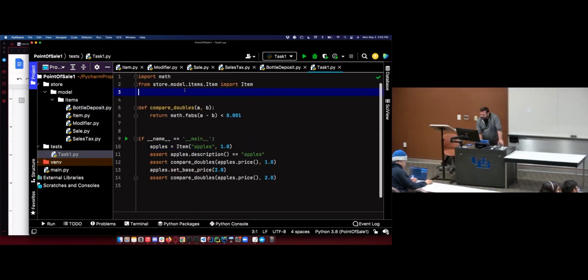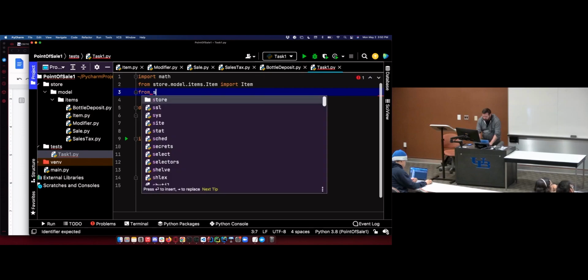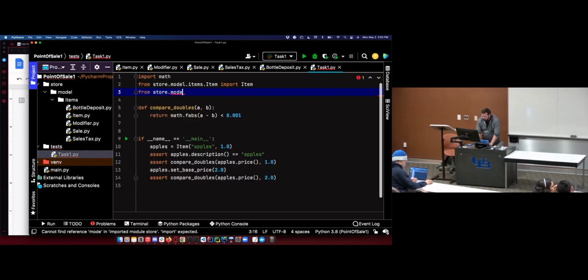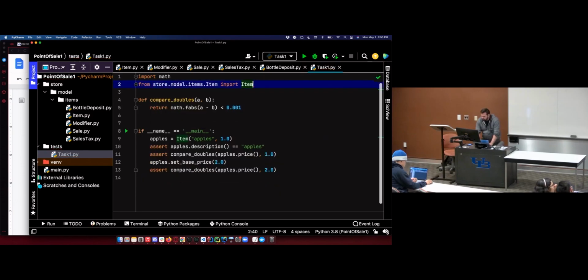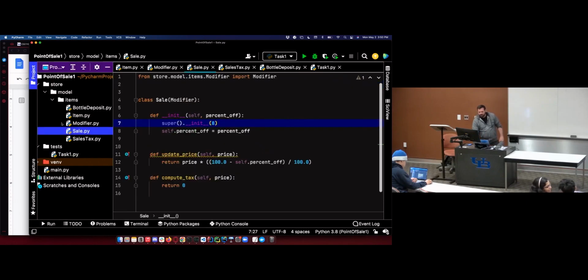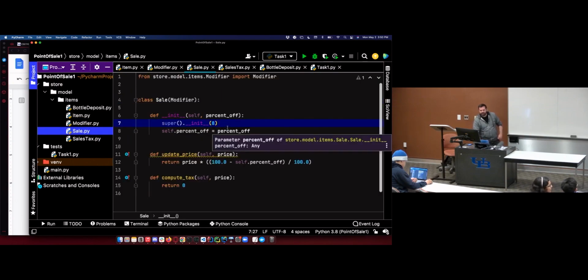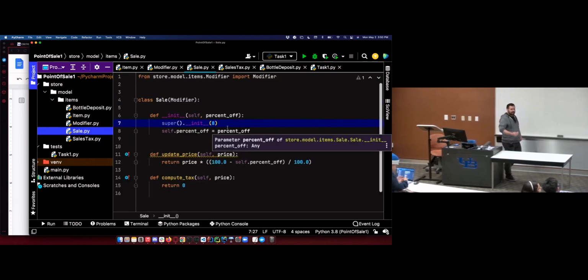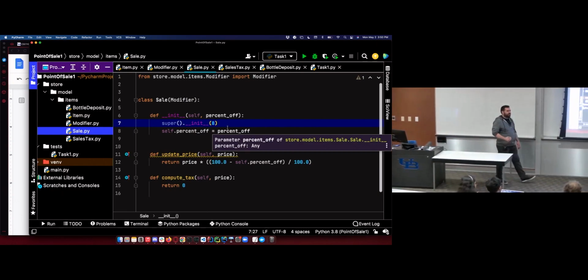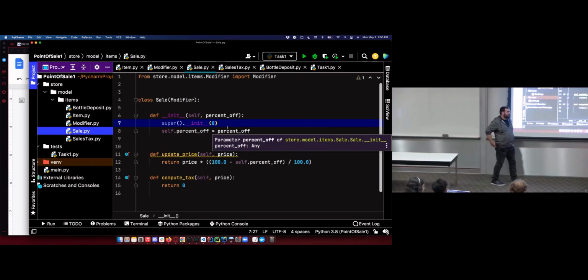And now if I say from store model, oh, no, I don't have to do that. Sale. Oh, no, I do it. You have to take my word for it on that one. If I create a new sale, I'll have a variable named stateVar, which is going to have the value 8. Because I set that state variable, I called that super constructor, gave it a value, and it got that value, and created that state variable.